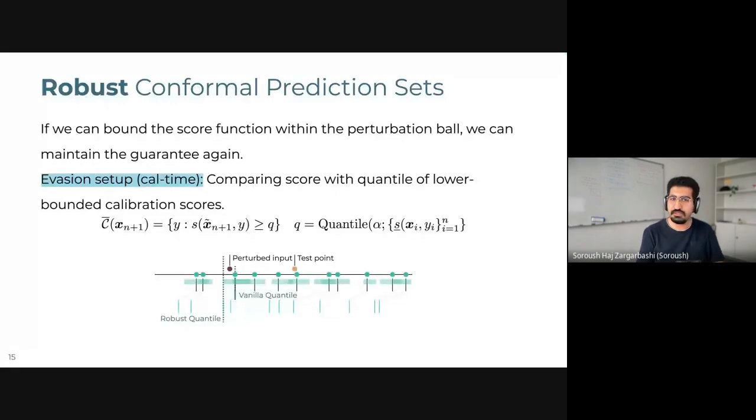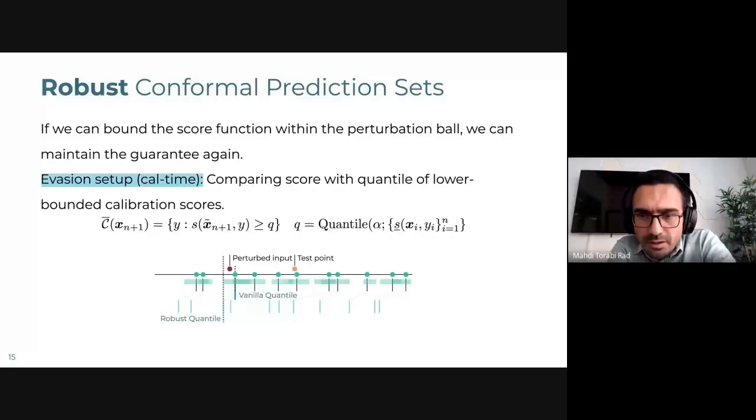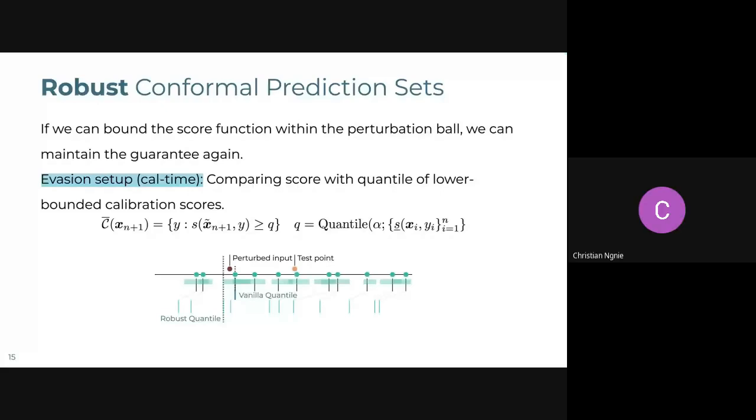Is there any question on this part? Can you read it? Christian, please go ahead. Yeah, sorry. I think there is a point that I missed. I just want to understand clearly. For the second step, the part regarding the calibration set, you are trying to now consider the lower bound, but I'm not sure I understand that point, because at that level, are you considering that the points in the calibration set also have noise there?